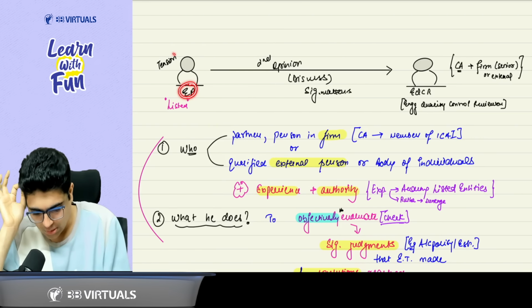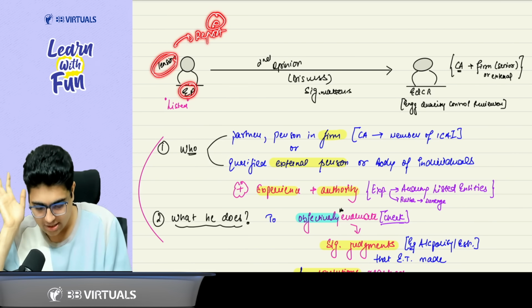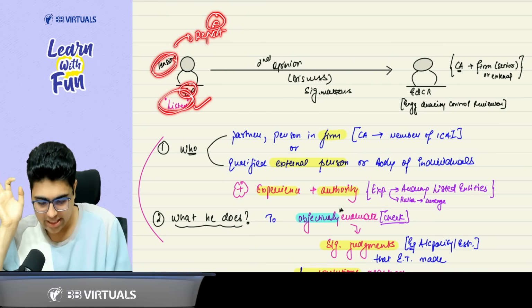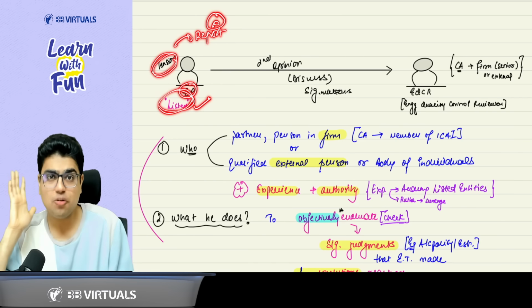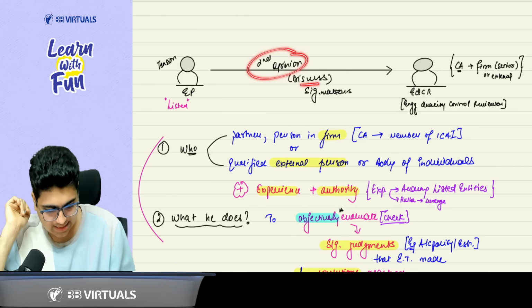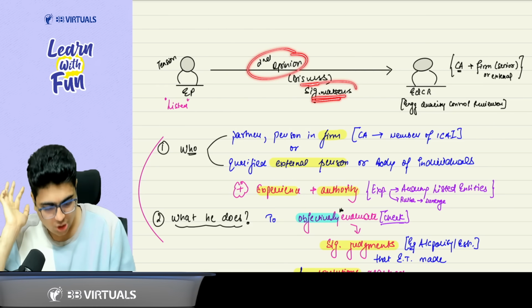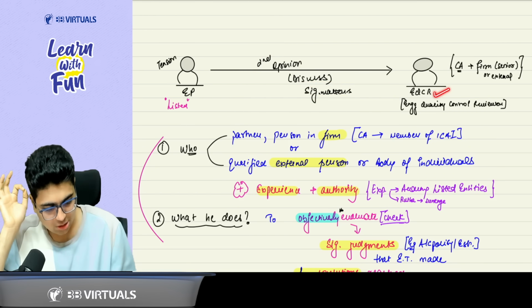engagement partner, but you are having a lot of tension. Tension of giving a wrong report. Why? Sir, because you are auditing a listed entity. If anything goes wrong, a lot of people will give you a backlash. So you want to take a second opinion and discuss significant matters. You want to discuss the significant matters, matters which have high risk of material misstatement with EQCR.